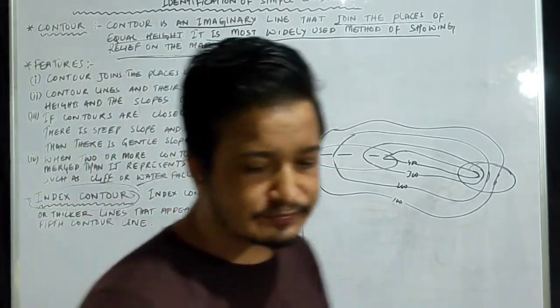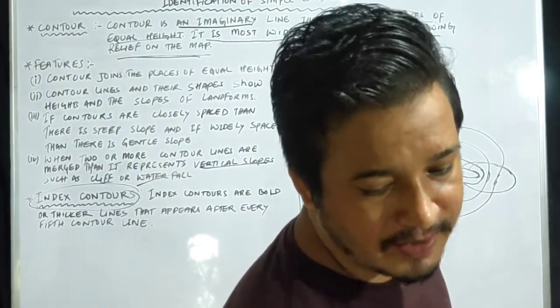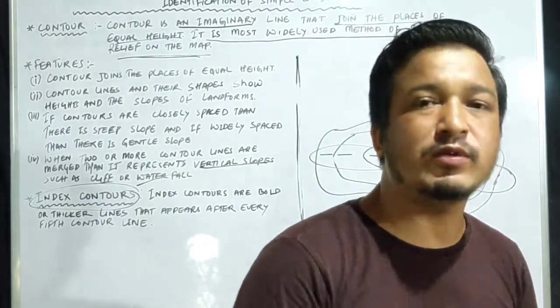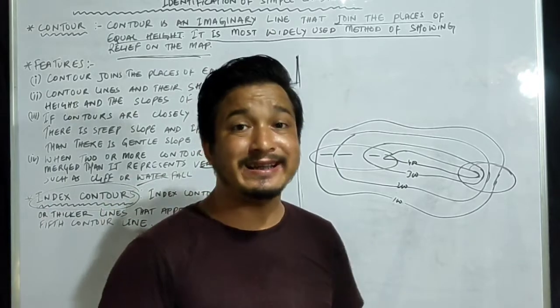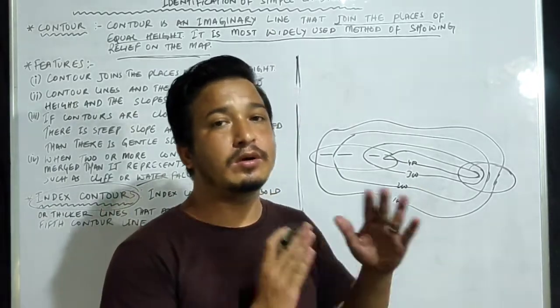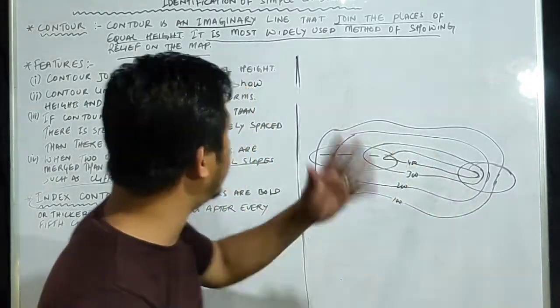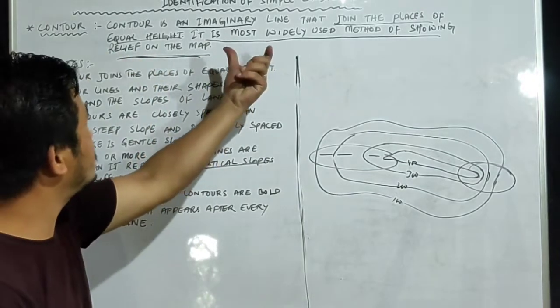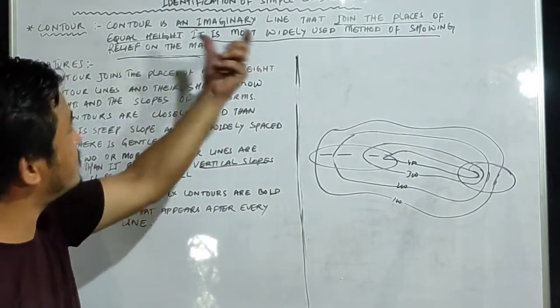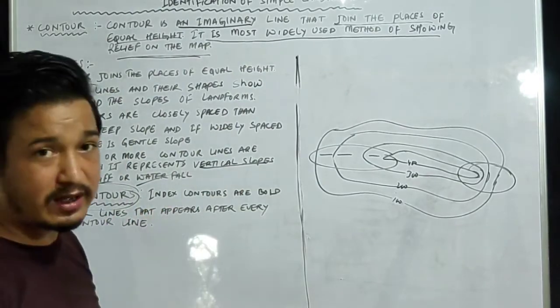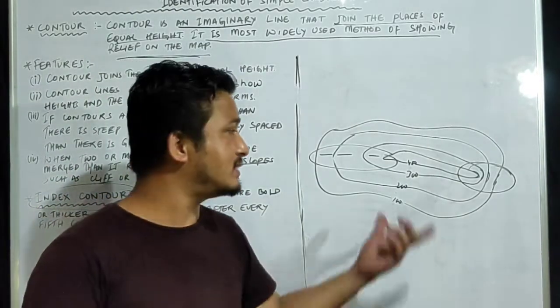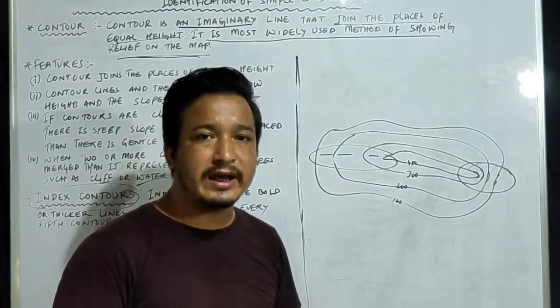Okay. Now, besides this, we have many more things to learn, but we will be learning in our third part, that is in our next video. So till then, take care. But students, you have to keep all these points. Okay. Definition of contour, keep in your mind, that is the definition of contour and their features and all these things whatever I told you, and you have to practice to draw the contour lines.